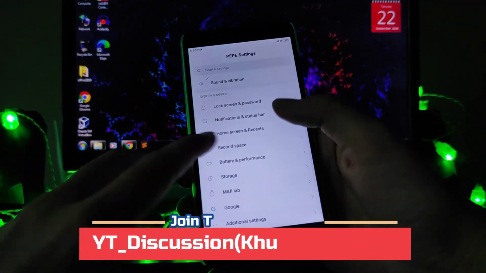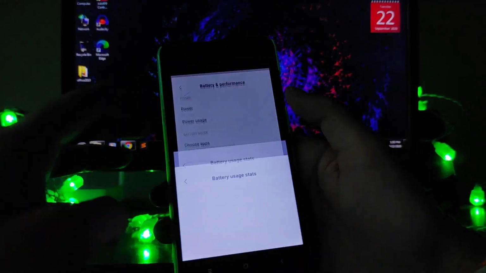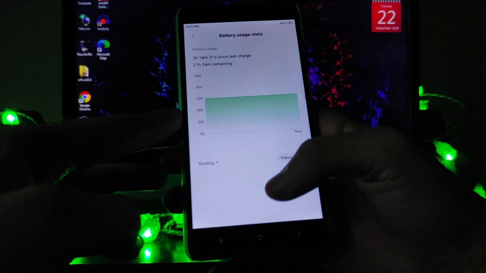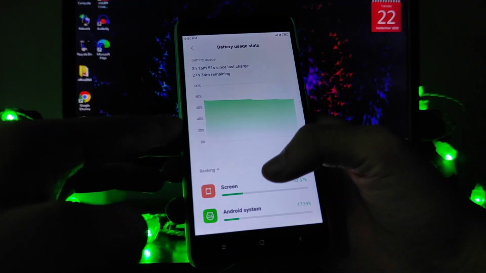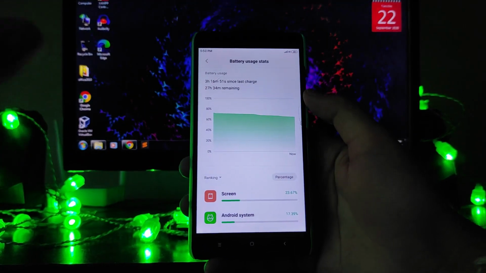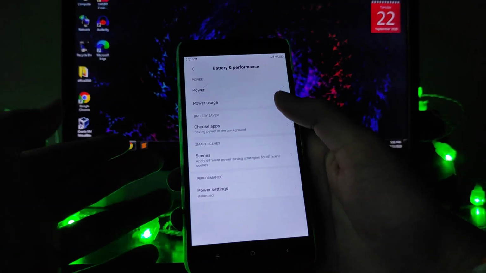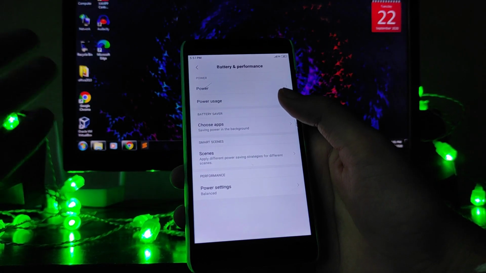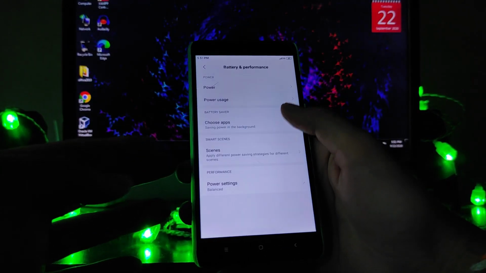Okay, then going to the second space option available here, the battery and performance here. Let's see the battery usage stats here. The screen on time is 44 minutes from around 75 to 65%. So battery life here is not an issue. Battery life here is great. For the 10 to 12% of the battery drain, I got around 45 minutes of screen on time, so that's great. Then you get the power settings, performance and balance mode.